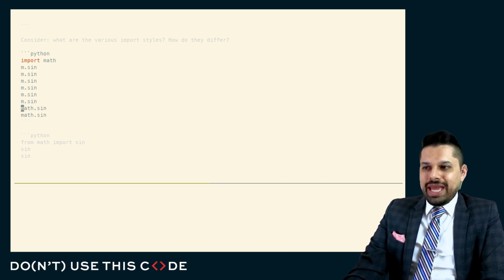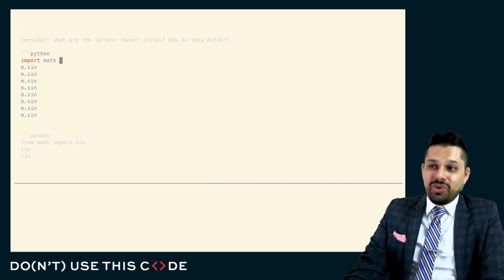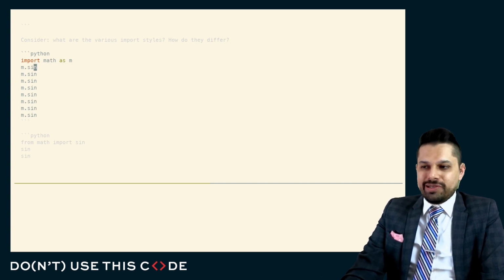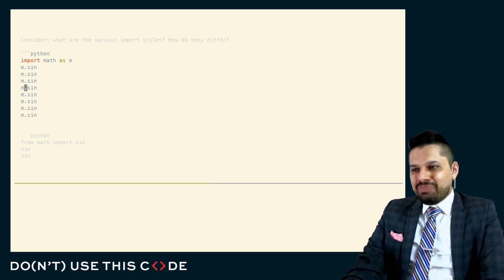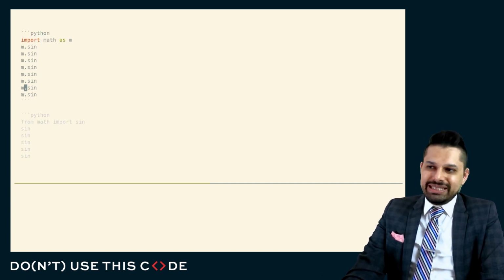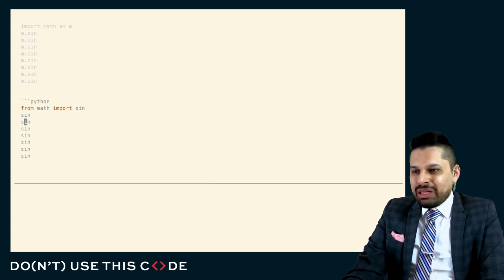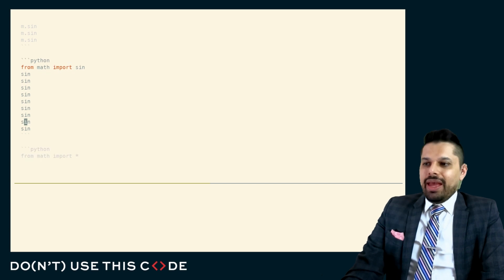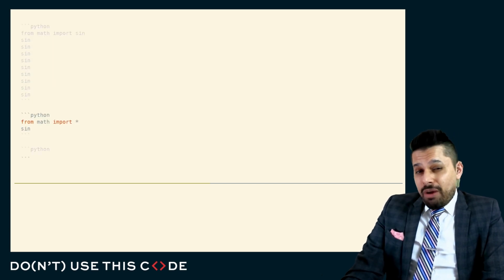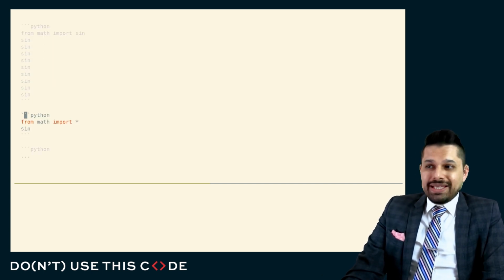Of course, you can always do the aliased import like this to reduce that typing to a marginal 2 characters, the single letter name of the module and a dot. But largely, you can see the distinction here is not that major. I mean, are you really losing or gaining that much time typing one or the other? I don't know. You can also do from math import star, which has the benefits of